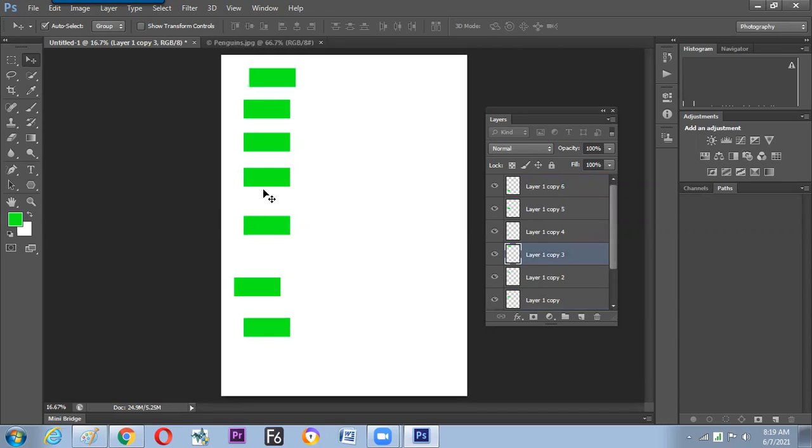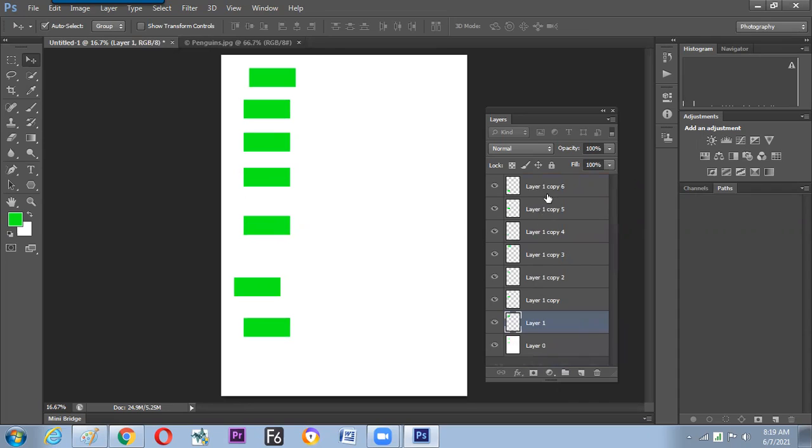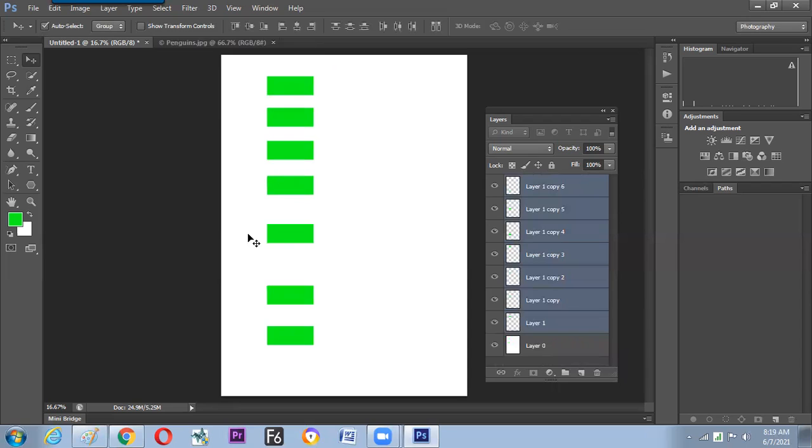Then how to align them properly? This is the first question. Now we can select all the layers by holding the Shift button and clicking all of them. While we are in the move tool, hotkey V, we can find the option bar shows some icons over here. These are all the alignment icons. So we can align to the left side. Now we have seen immediately all the layers get aligned to the left side.